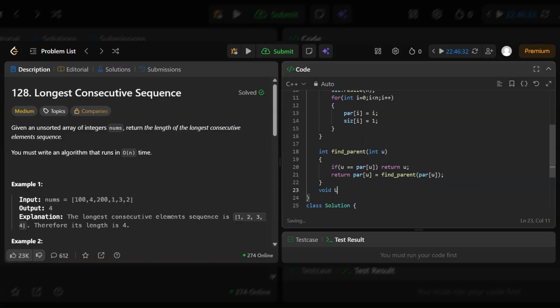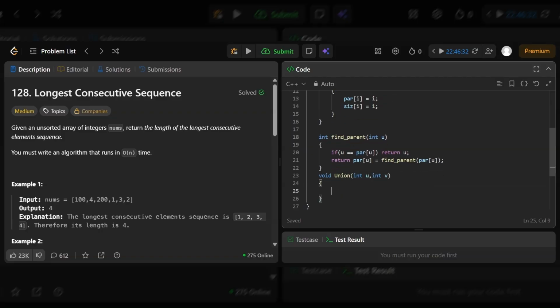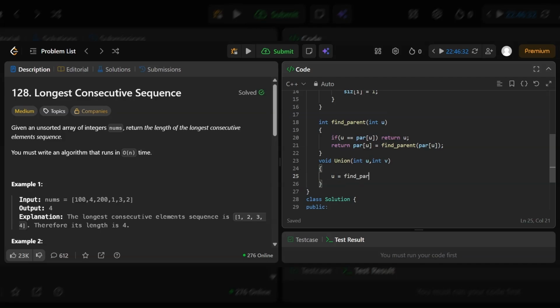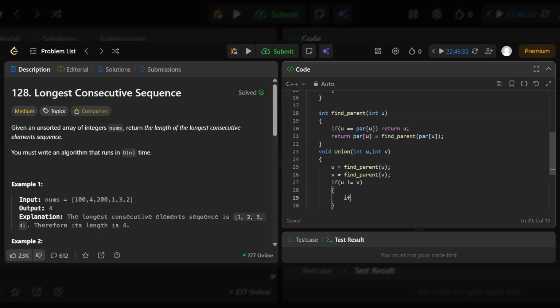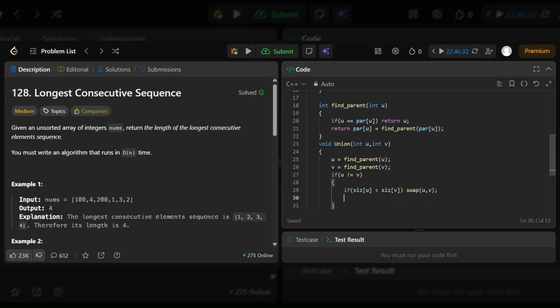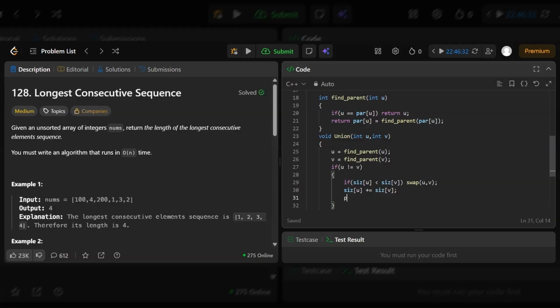Now void union, we have two nodes, int u, int v. u is equal to find parent of u, v is equal to find parent of v. If u is not equal to v, and if size of u is lesser than size of v, we will swap u with v. Now size of u plus equal to size of v, and parent of v is equal to u.